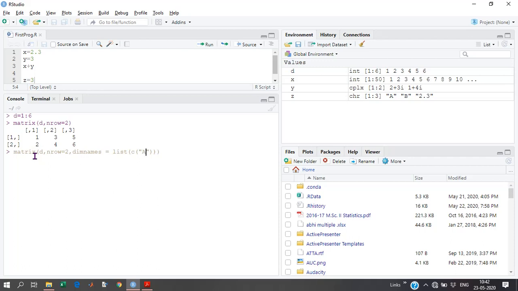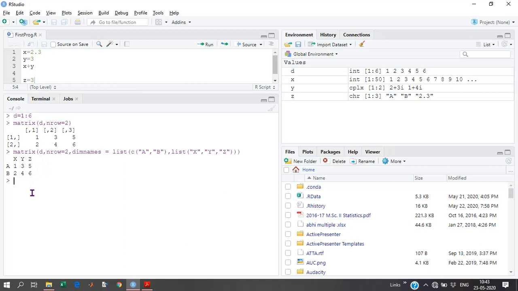Put row names equal to A colon B, comma list. Again, we have 3 columns, so we should use X, Y, and Z. That's it, it will create a matrix.